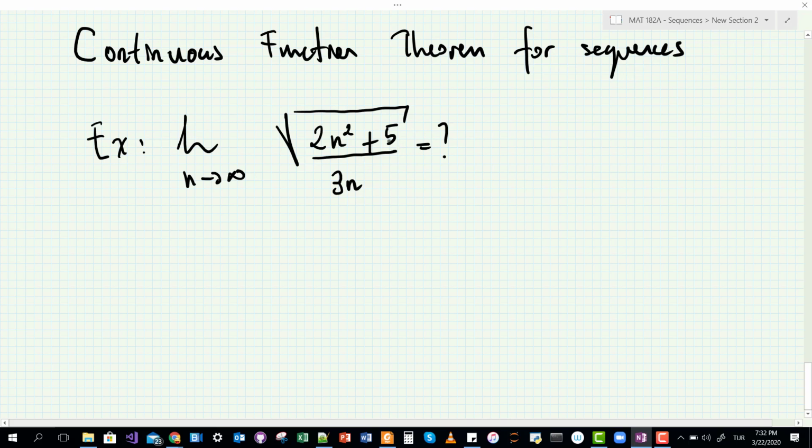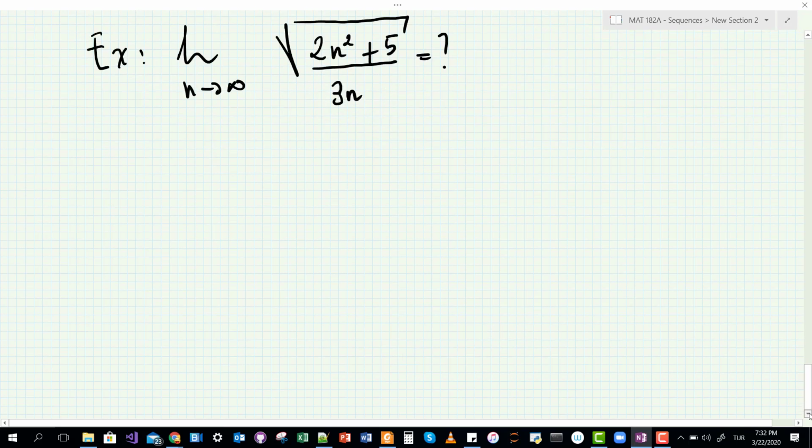If I didn't have the square root here, the result would be easy. I would either use the L'Hopital rules or an algebraic technique with the main limit theorem, and then you can get the limit as infinite. This is a divergent sequence. But this time, since I have the square root here, I don't know what to do. I cannot take the limit directly. That is why I need a new tool that can help me solve this